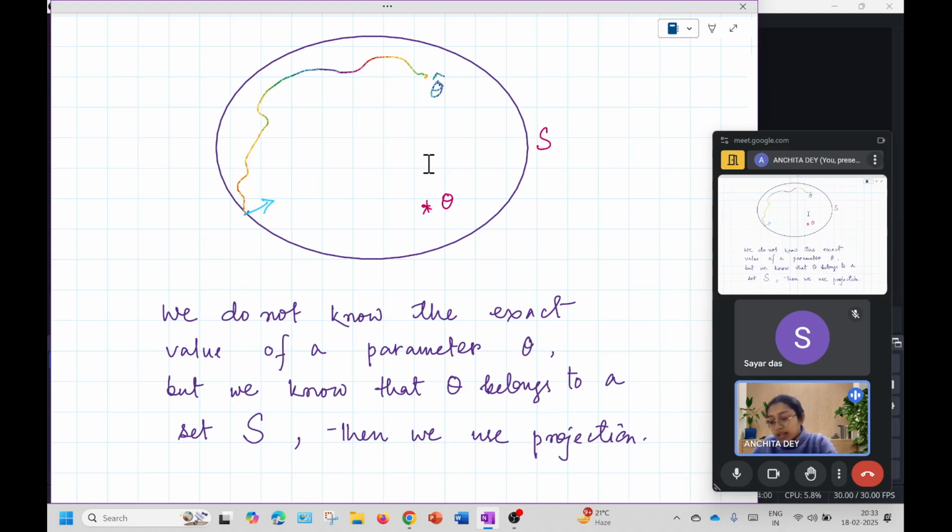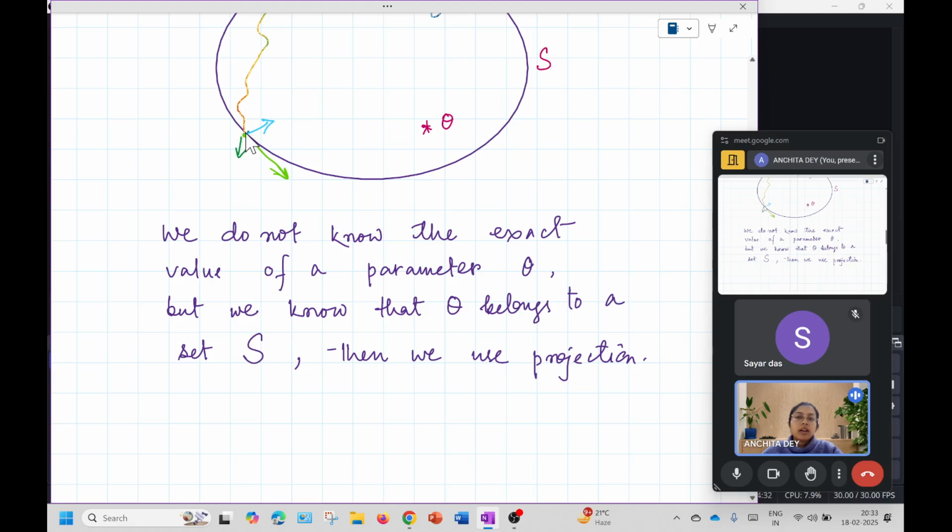But if it's pointing outside the set, then what we do is we just take the tangent. We find the tangent and we increment the change in theta hat along the direction of the tangent. So that's where the idea of this directional derivative appears, right? So if we just write it down for you,